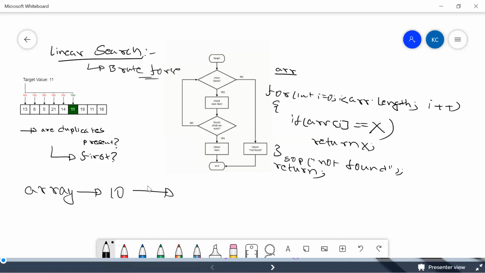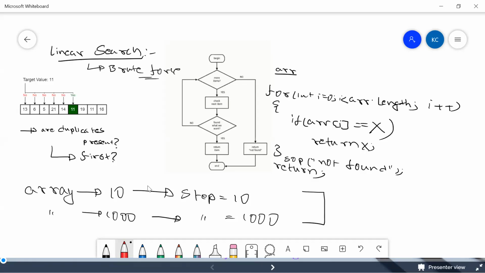So when the size is 10, the number of steps is 10, right? And let's say the array size is 1000. In the worst case, the number of comparisons or steps I need to do is also 1000, right?